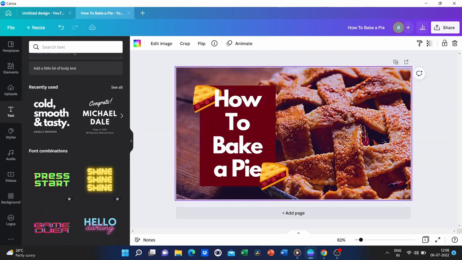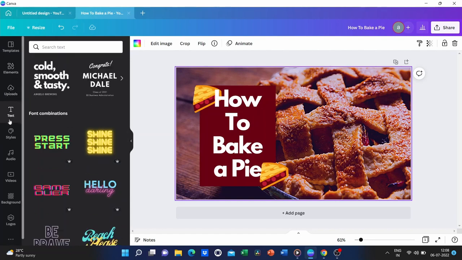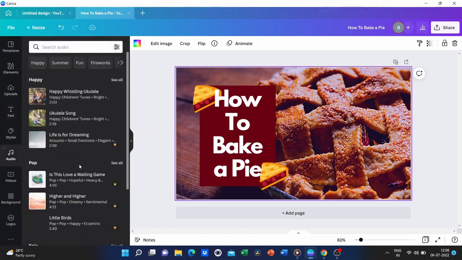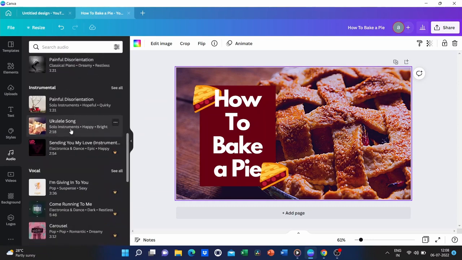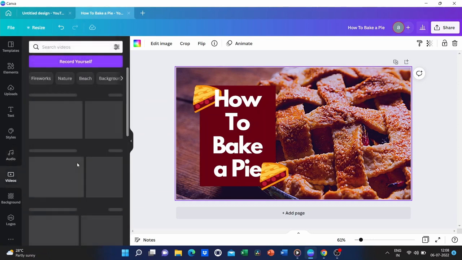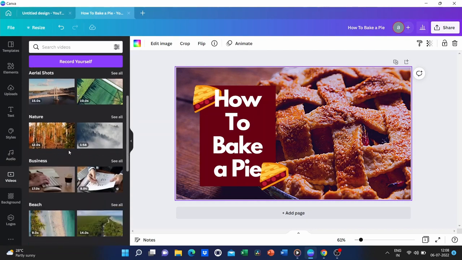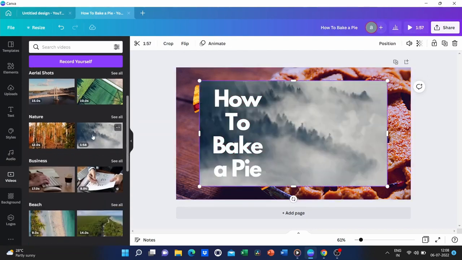Now Canva also has some other elements that you can add, which we're not going to be adding to our thumbnail, but we're going to be going over. So you can go ahead and click on the music tab to add a bunch of different songs. If you're making a presentation and wanted to add a video background, you can also go to videos and see all the video content that's available.